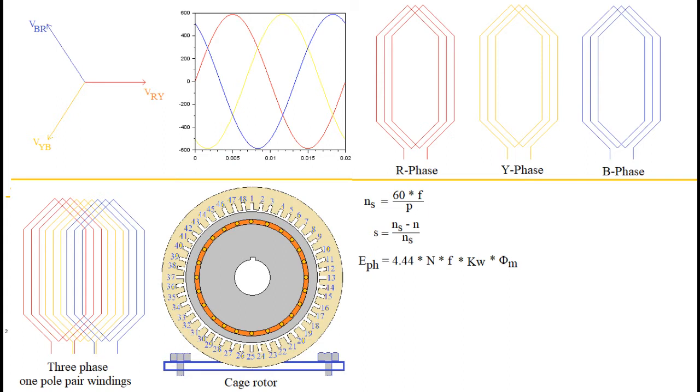For small motors, the motor starts using DOL or direct online starter. But for big motors, star delta starting is used to limit the starting current. Three-phase supply is characterized by three phasors that are 120 degrees or 2 pi by 3 radians away from each other. These three phasors along with their graph are shown on the voltage versus time plane.